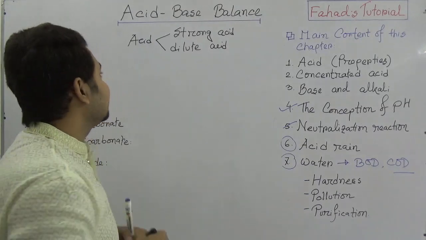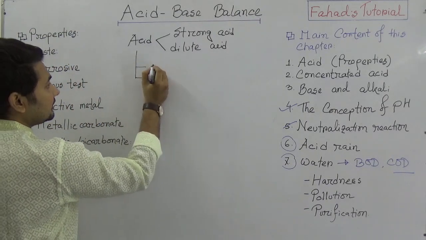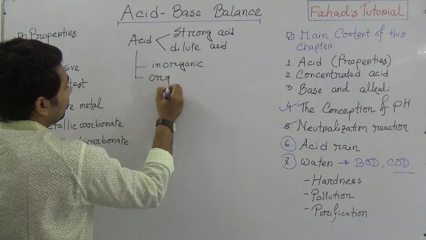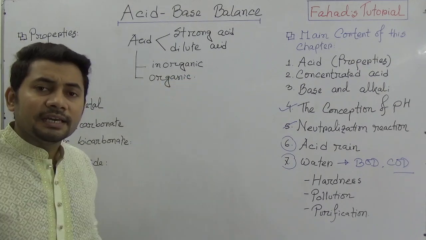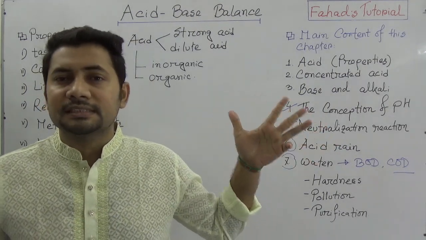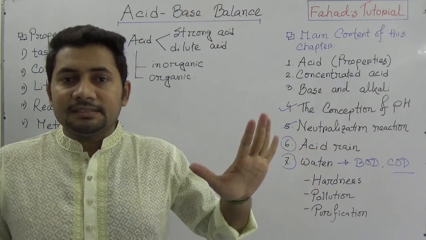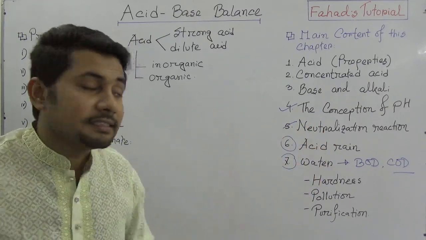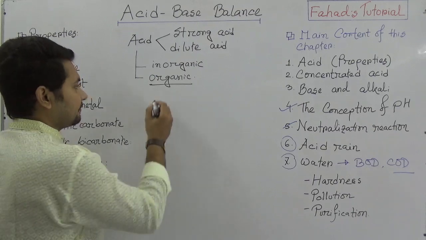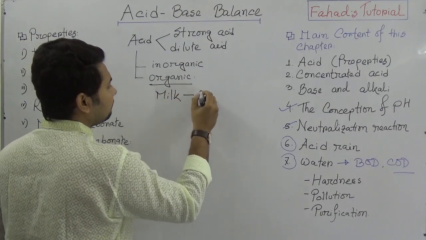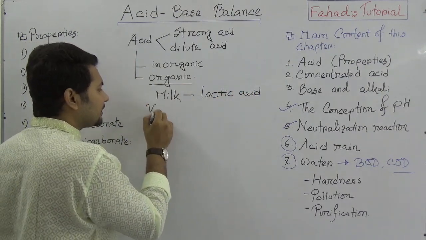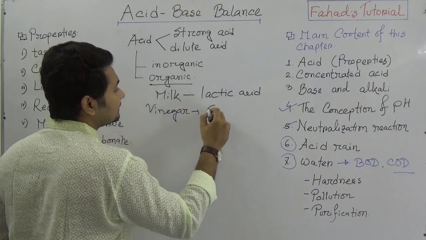Another way we can say that acid is of two types: inorganic acid and organic acid. What are those? Inorganic acids are like hydrochloric acid, nitric acid, carbonic acid, sulfuric acid, phosphoric acid, perchloric acid. These are inorganic. But organic acids are found in our foods, like milk. Think about milk: in milk you'll find lactic acid. Think about vinegar: in vinegar you'll find ethanoic